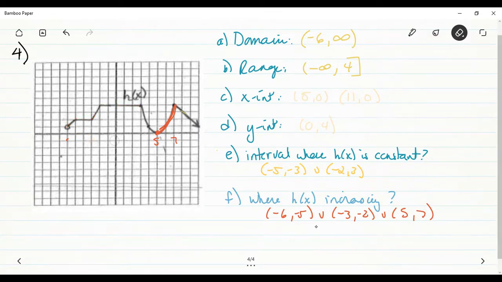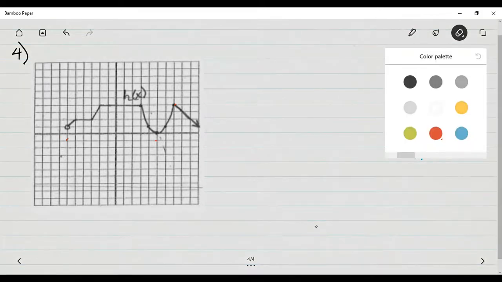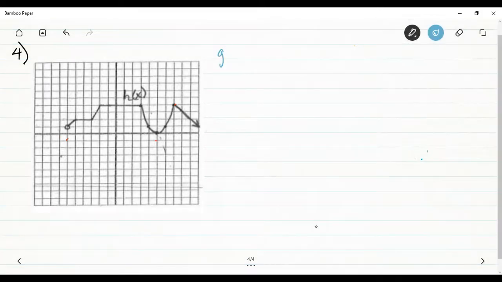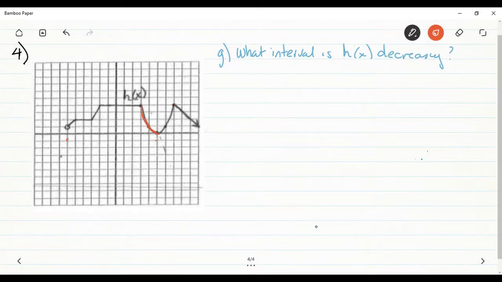Part G of our worksheet is asking us to find where h of x is decreasing. And where it's decreasing, it is going down. And that actually happens in two different places. The first one here, that left of that U shape from the increasing, and then after that increasing piece, this